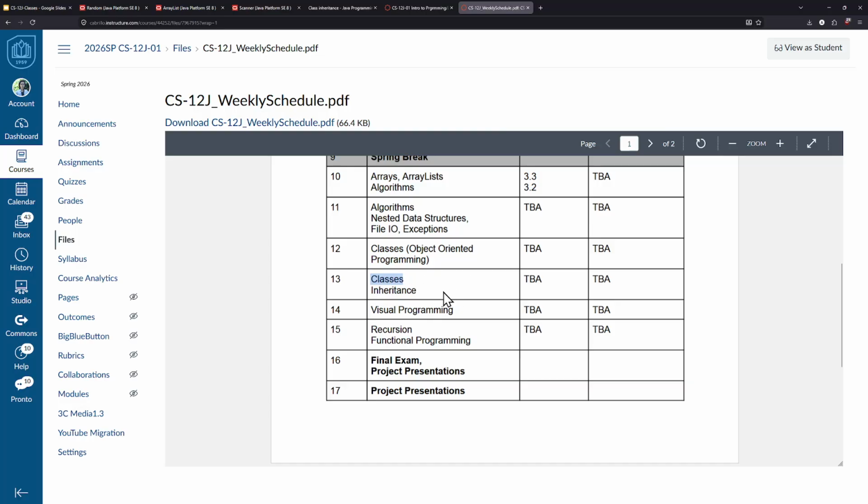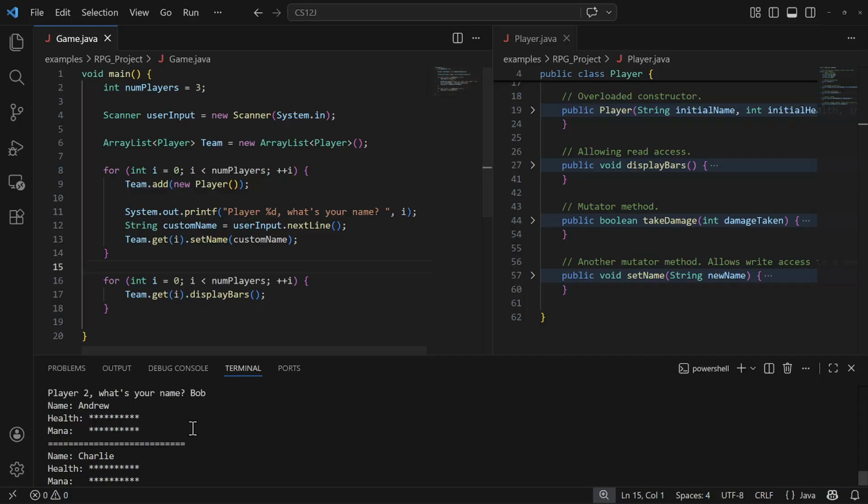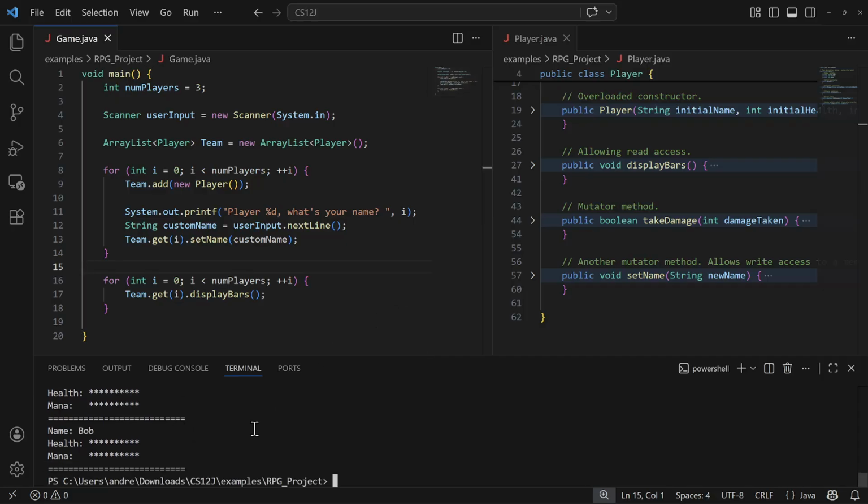We pretty much covered classes. I'd recommend doing a bunch of practice on this, maybe some more readings on it, and hobby projects. Wednesday we'll talk about inheritance, which will help us with visual programming, by the way. So visual programming, you're probably getting tired of the terminal right now, right? Seeing all of the output here. You're probably getting tired of typing things, and maybe you want to start